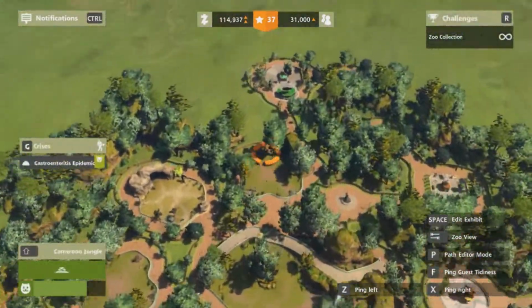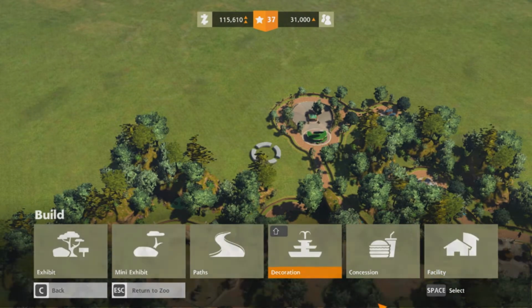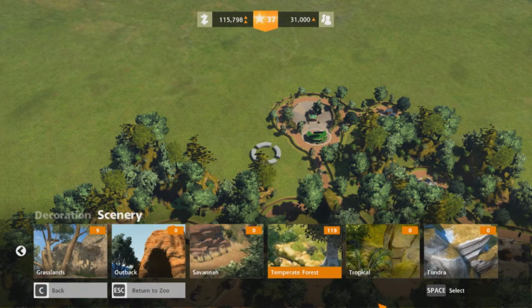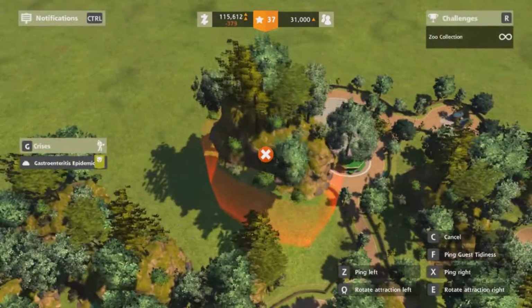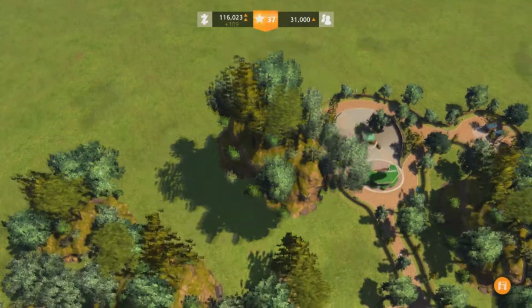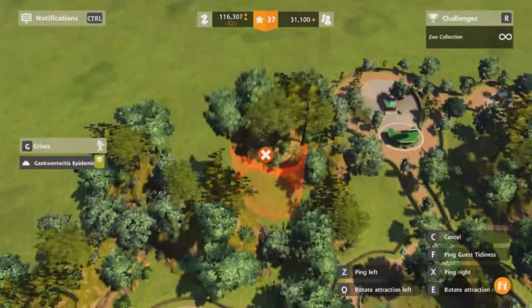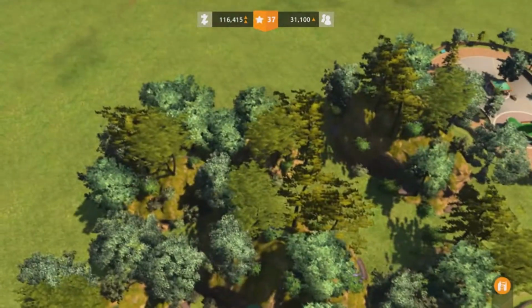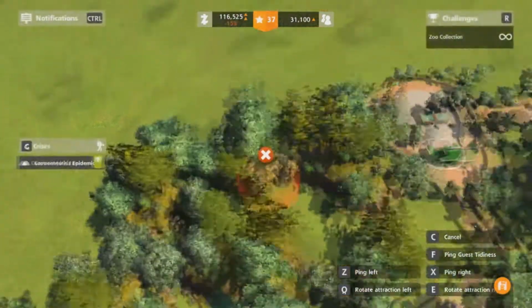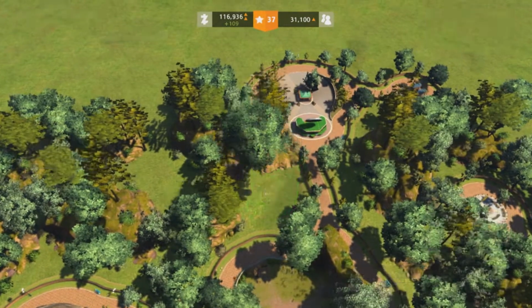Alright, so I think... well, one of the only things I have left to do building-wise is to decorate this area back up with the temperate forest trees as per is my needs. It's just for me to look at and feel happy. I think we could probably fit, yes we can fit this just in that little...